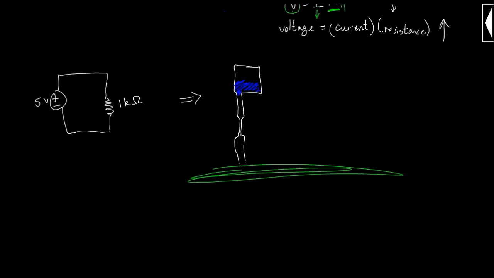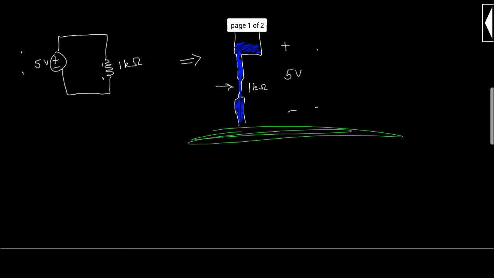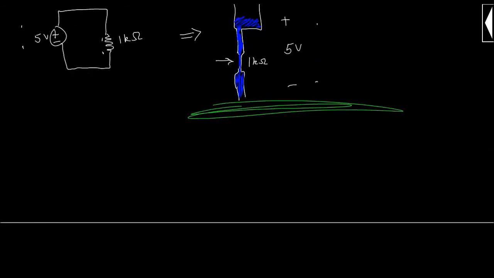So I'm going to label these elements on this example here the same as they are in the circuit, even though it's really not a resistive thing. This is similar to the 1 kilo ohm resistor, and this here is similar to 5 volts. So this potential drop is the same as this potential drop, and this is the same as your constriction in the pipe. So we can use the concept of Ohm's law here to find what is, let me draw this in a different color, what is this current